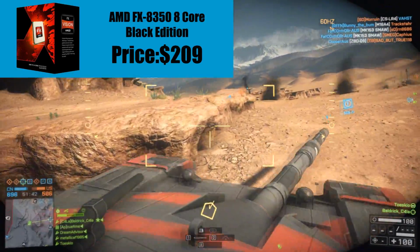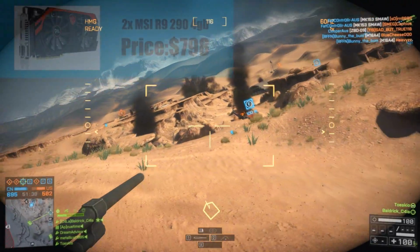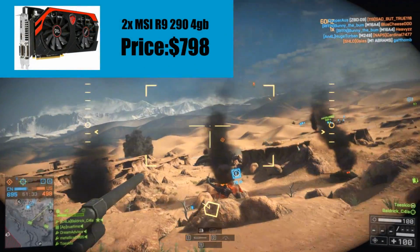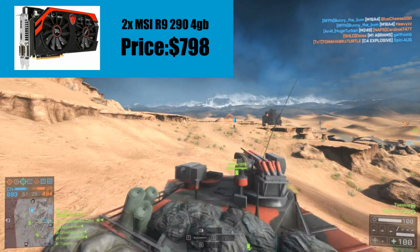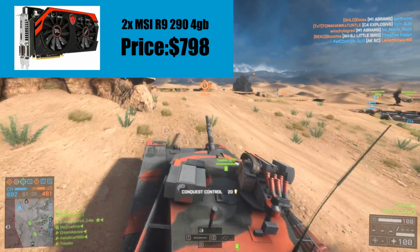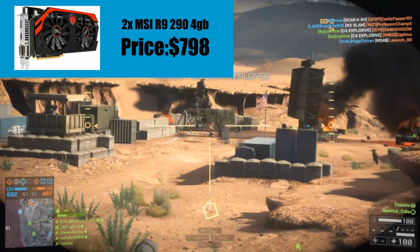Now we've got the graphics cards. I've picked two MSI Radeon R9 290 Gaming 4GB Edition, running in Crossfire. It's definitely going to be enough for 4K because you can get away with two 280Xs, but I thought you may as well step it up a notch, get the extra gig of VRAM and you're set for 4K,